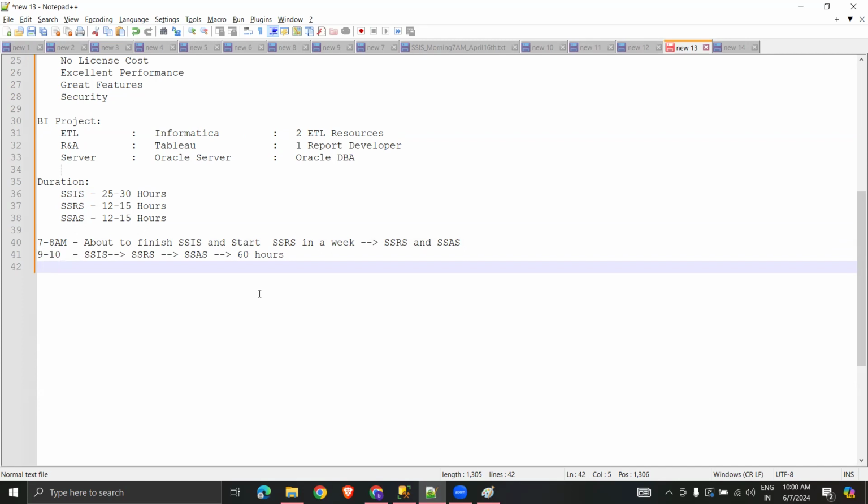The first thing is to go step by step. As per the workflow, it should be SSIS, so in the first week there are no deviations. First, we'll complete SSIS. Meanwhile, the software installation and everything will be available on your local machine, and then we can start both SSIS and SSRS simultaneously, if you want to attend both the 7 to 8 and the 9 to 10.